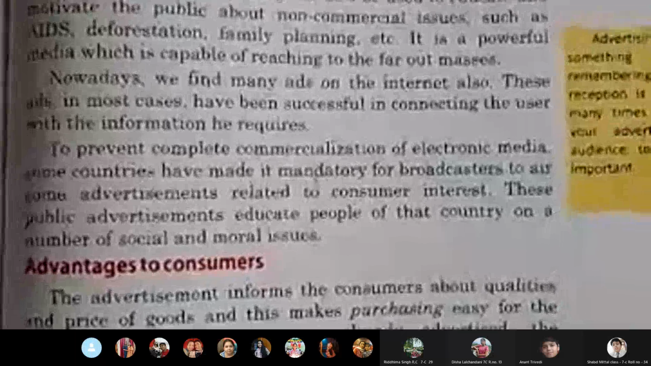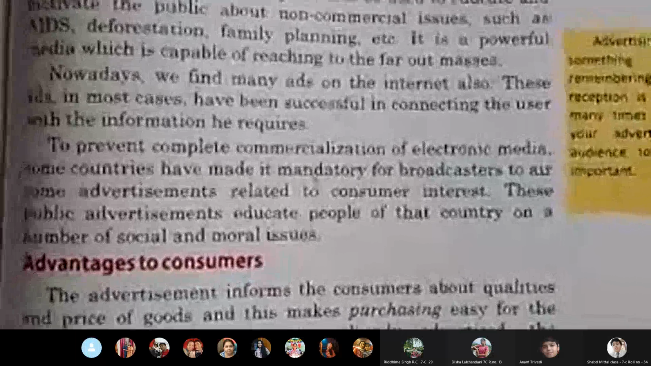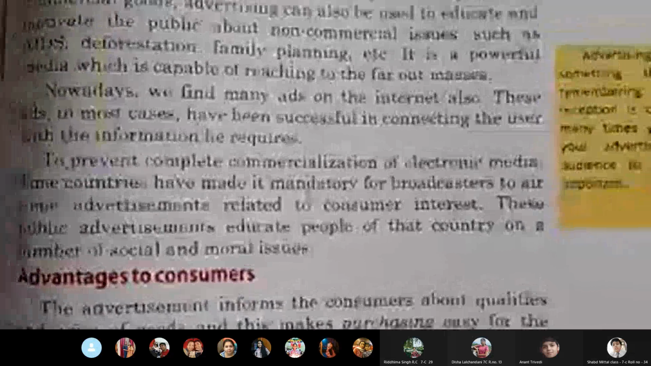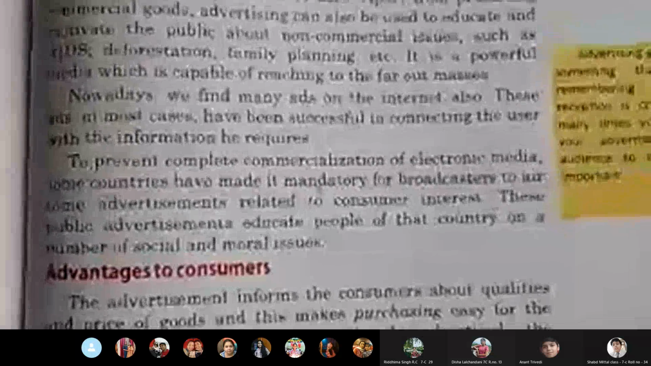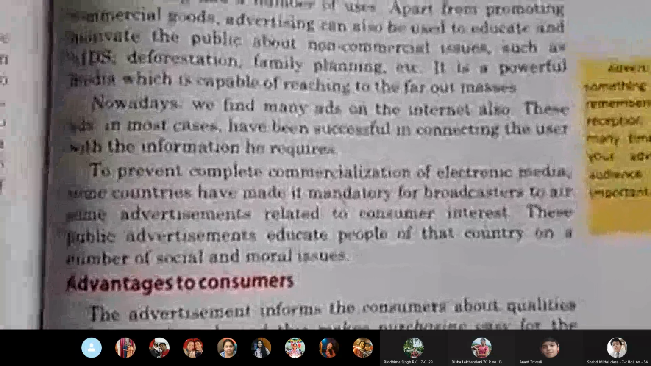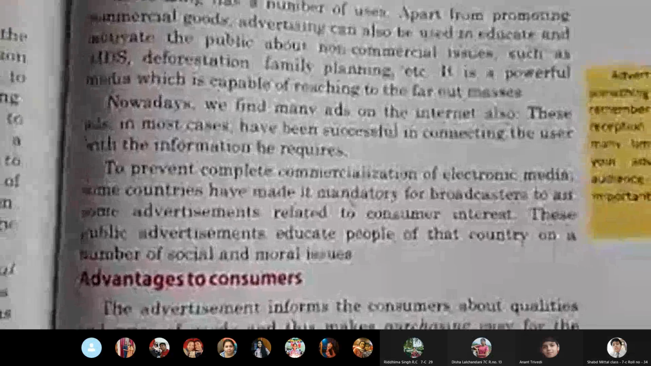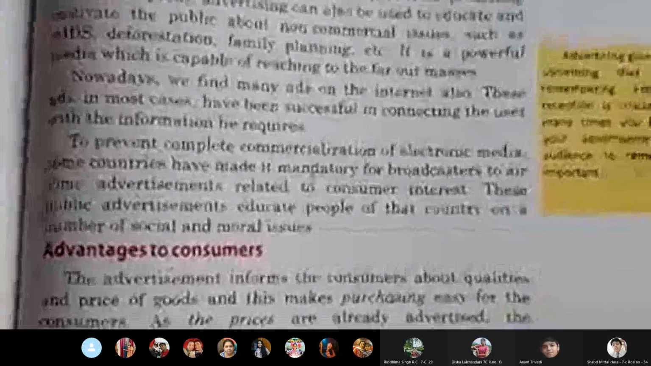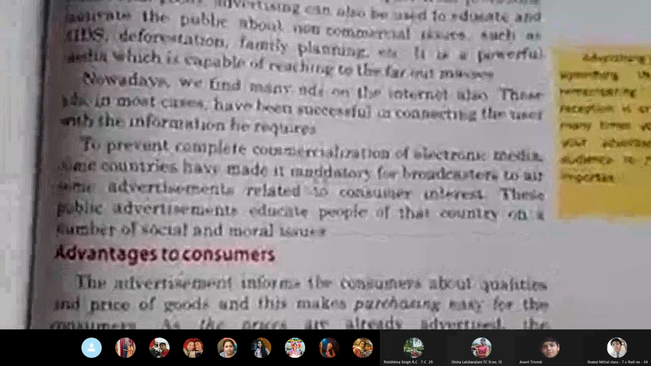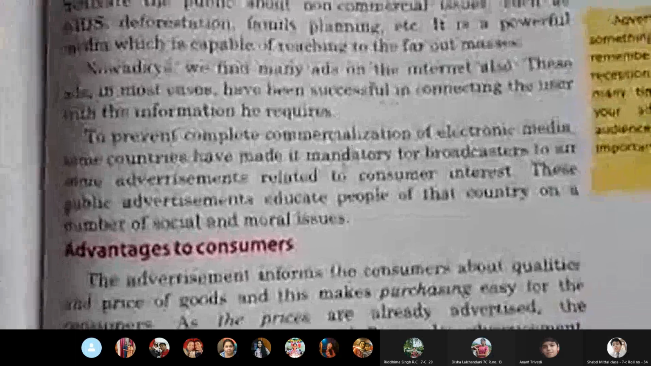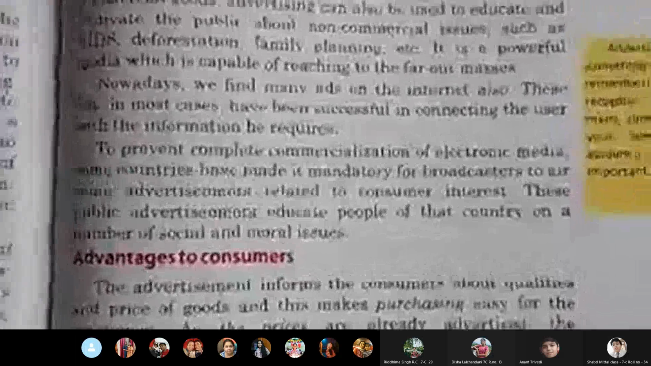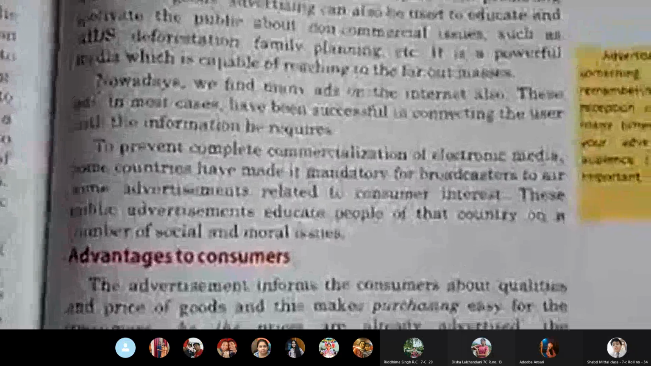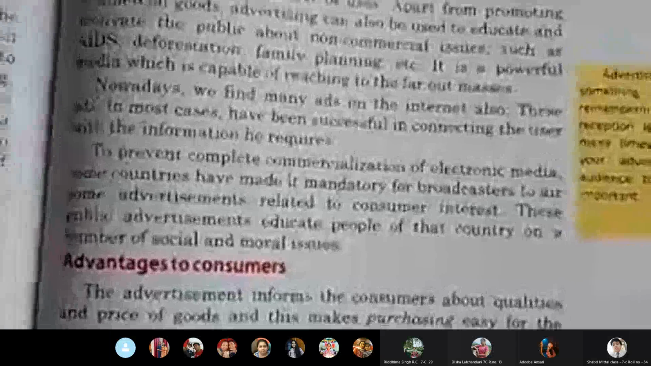Nowadays, we find many ads on the internet also. Now, ads is a short form of advertising, and you all must have seen. You open any app, you will see a number of products on sale, ads coming and popping up on the screen and showing you to look at them and be aware. Now, these ads in most cases have been successful in connecting the user with the information he requires. So many times, whatever information the user needs, the ad gives the complete information. That means they give all in all the requirement which is needed